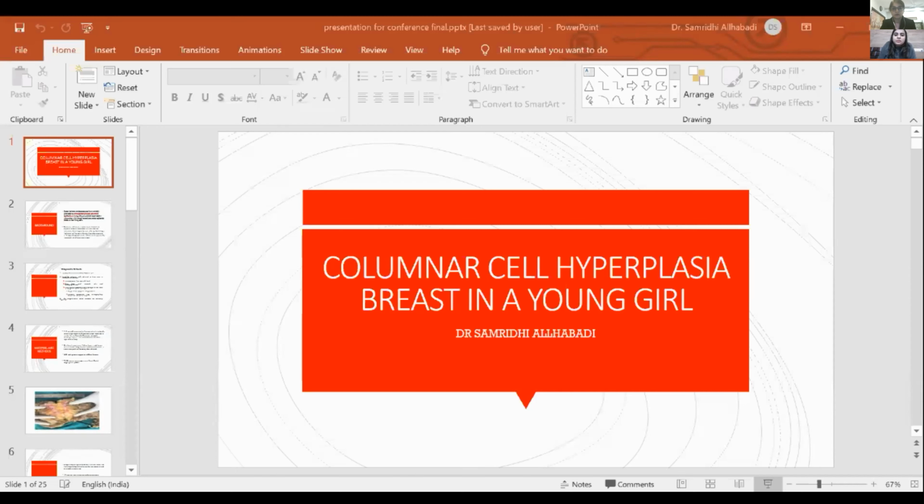Discussing upon that, because of the advances in mammography, earlier this lesion was not diagnosed that frequently, but because of diagnosis in mammography and a concomitant rise in the number of breast biopsies being performed for mammographically detected abnormalities, an increasing number of columnar cell lesions are being described by pathologists now. Columnar cell lesions can be characterized by a single layer of columnar cells, which is known as columnar cell change, or multiple layers with stratification and apical tufting, which we call columnar cell hyperplasia, or monomorphic cells with